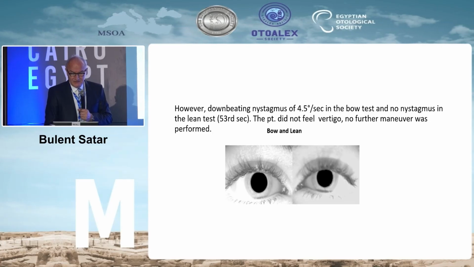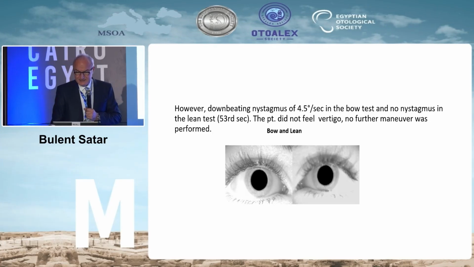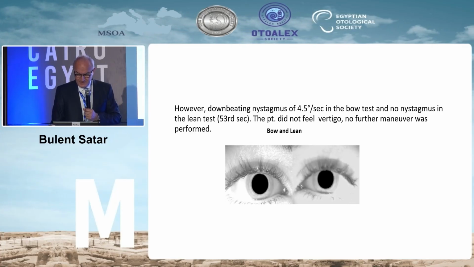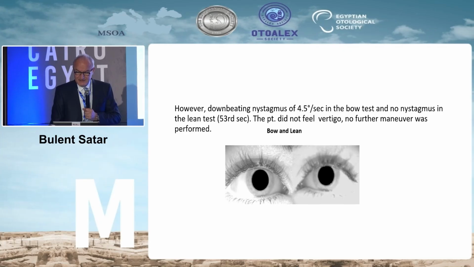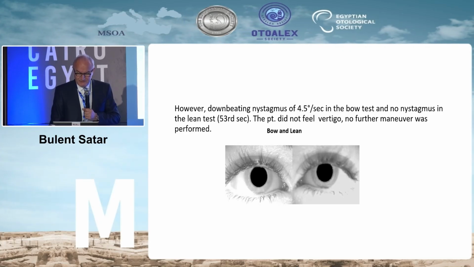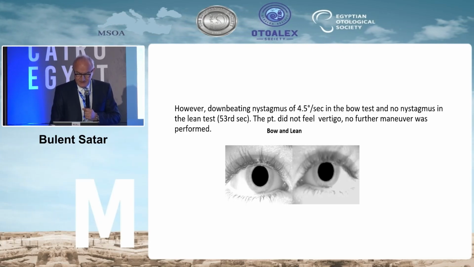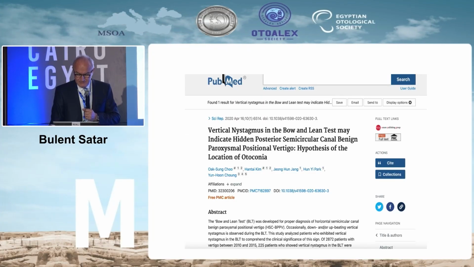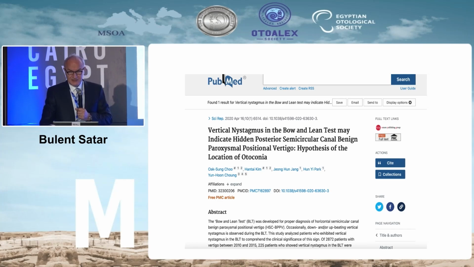However, downbeating nystagmus of 4 degrees was noticed in both tests, and the patient did not feel vertigo, so no further maneuver was performed. This nystagmus is still going on, and we noticed in the literature